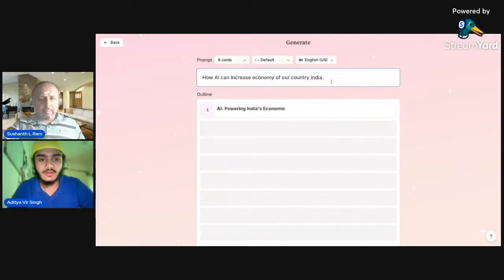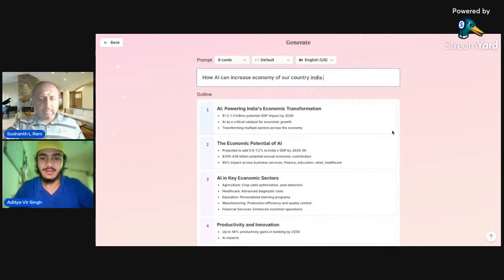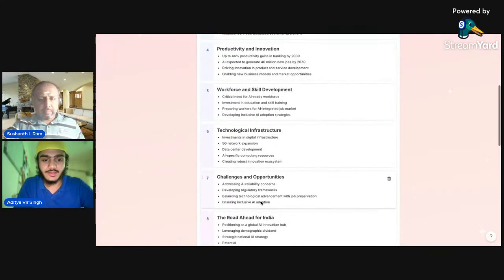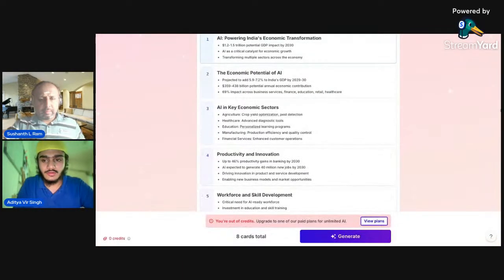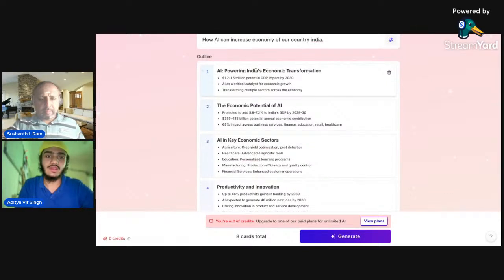Here you can see how these slides have been created. This is the first slide: AI powering India's economic transformation, and it tells how AI is useful in transforming the economy of India.